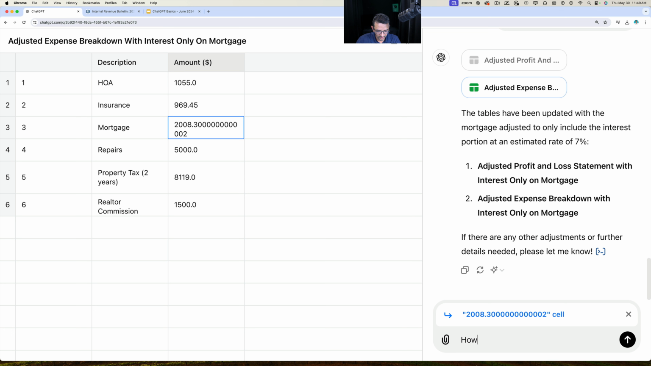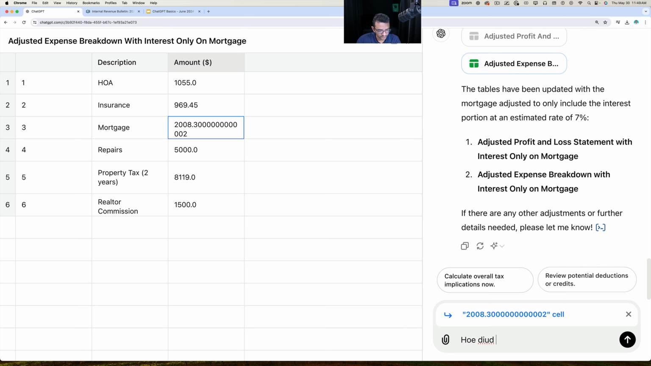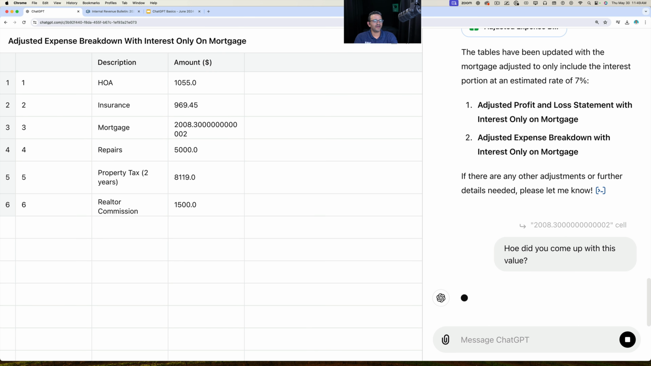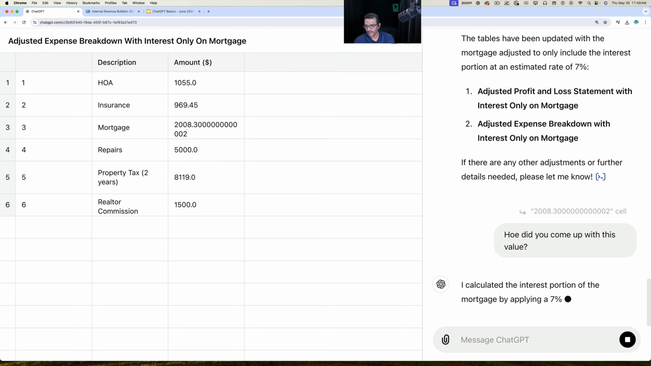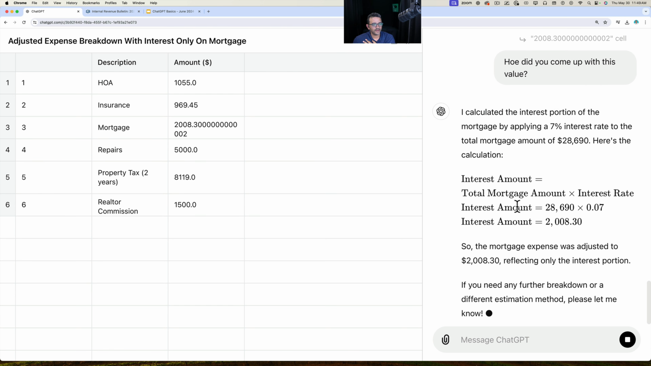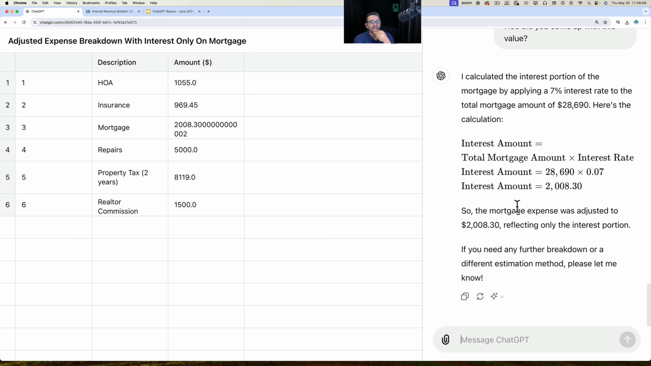Okay, so how did you come up with this value? Where do you get $2,000 from? That's probably wrong anyway, by the way. But okay, so total mortgage amount. So it's going through its iteration. So this is wrong. Okay, so I'm gonna say no. I meant